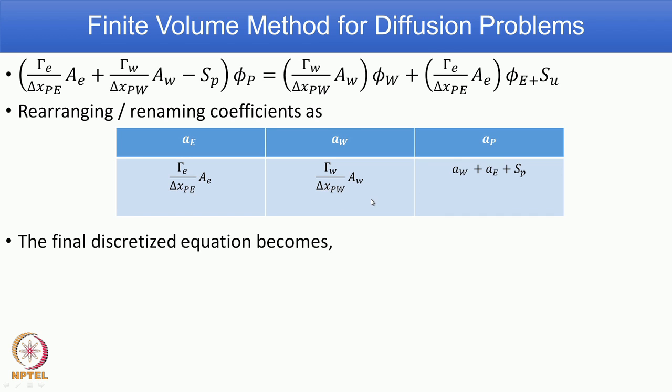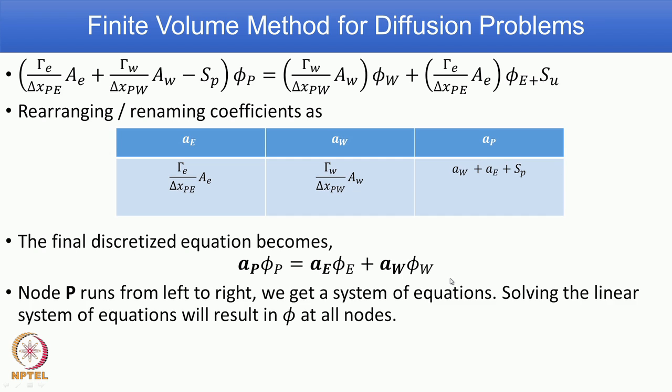So, in terms of these newly defined coefficients, the discretized equation is written as AP phi p equal to AE phi e plus AW phi W. So, it is so simple, and as I mentioned before, node P, which is a point of interest, is just a representation. For a 1D case it will run from the node immediate to the left boundary, which is already a boundary condition, all the way up to the node just before the right boundary. So, P will run from that